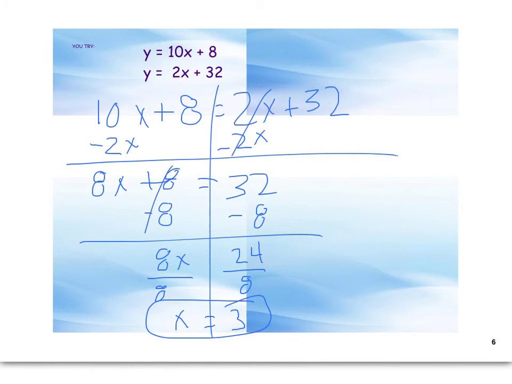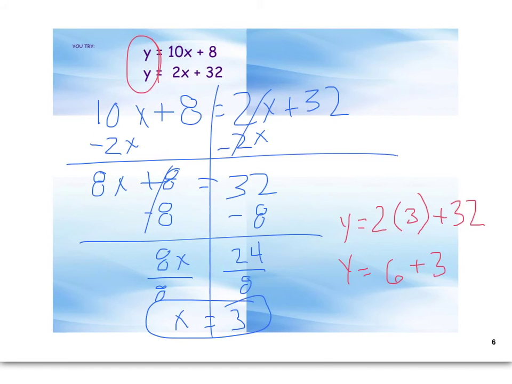Now again, this is only part of our answer. We still need to go back and figure out what y equals. So we're going to plug it into one of those equations. I like multiplying smaller numbers, so I'm going to plug it into the one with 2x. Y equals 2 times my x, which is 3, plus 32. So y equals 2 times 3 is 6, plus 32. Y equals 6 plus 32,